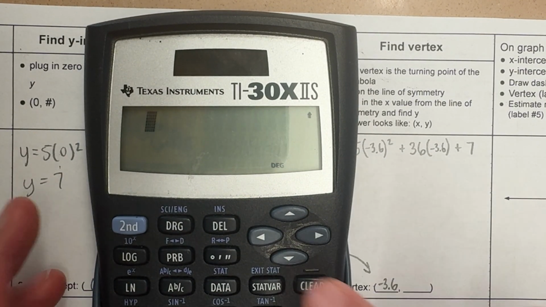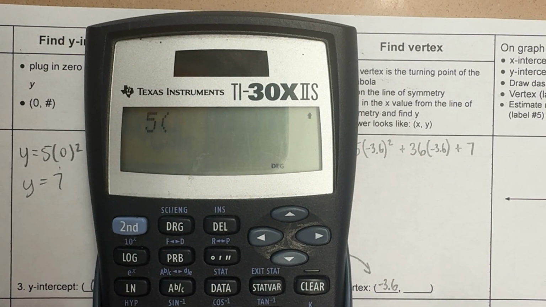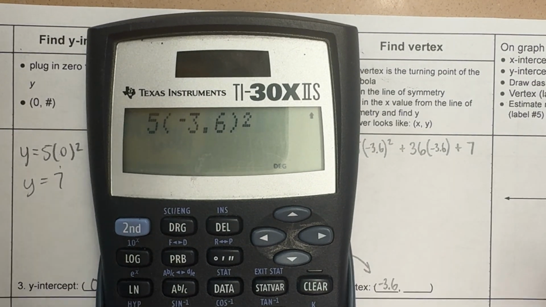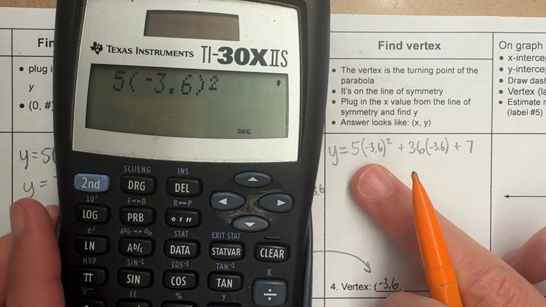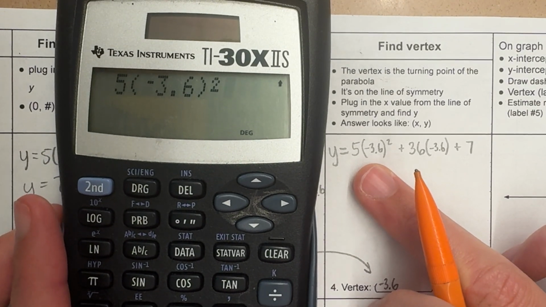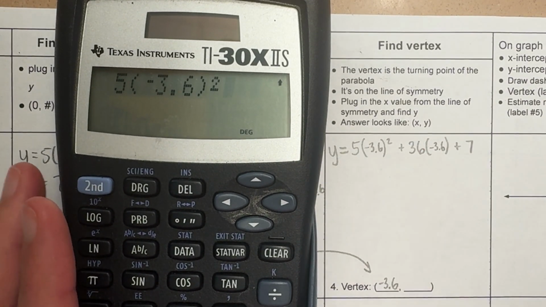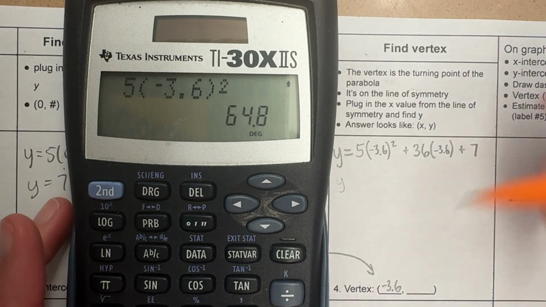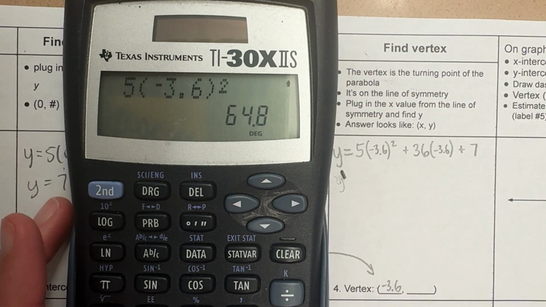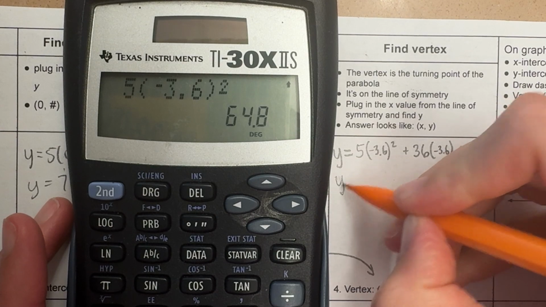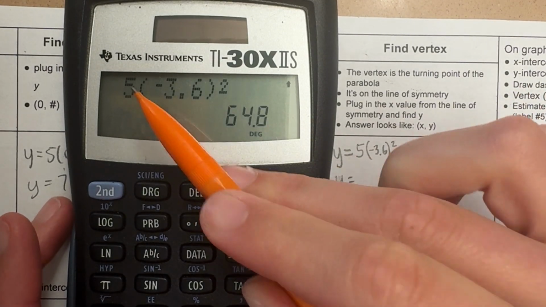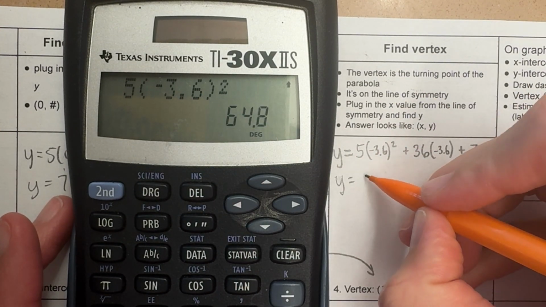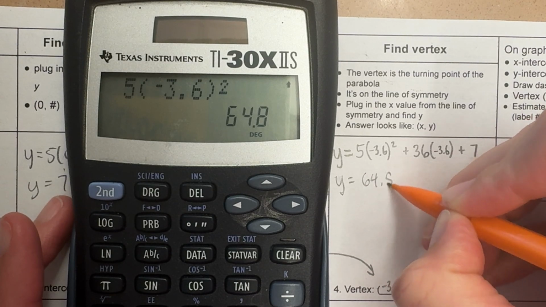That's totally fine. Remember what I have here is negative 3.6 squared, and then it's multiplied by 5. You could do it like this. You could also enter the whole thing in like this. This is fine too. Be aware, this is never going to be a negative number. So if you get a negative number, it's wrong, okay? Because if I square a number, it's always positive. So this term right here,